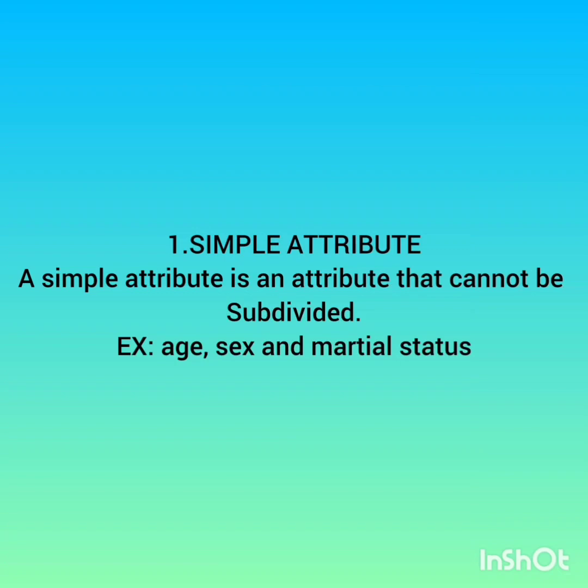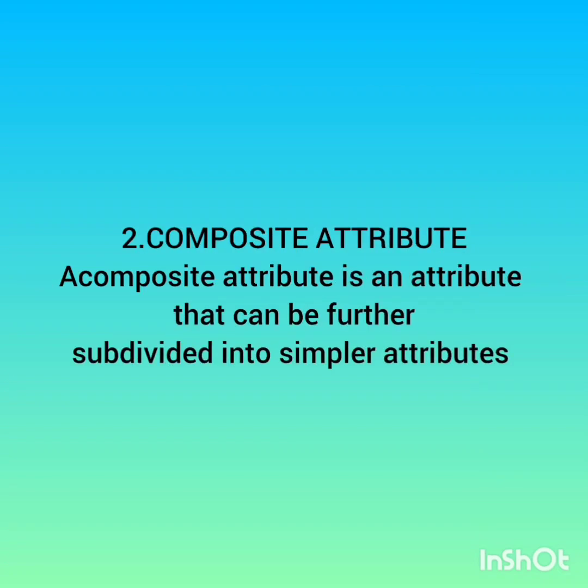Simple attribute. A simple attribute is an attribute that cannot be subdivided. Example: age, sex, and marital status. Composite attribute. A composite attribute is an attribute that can be further subdivided into simpler